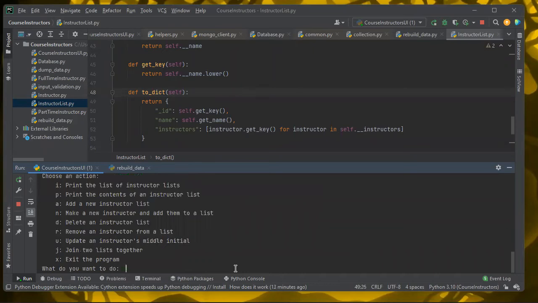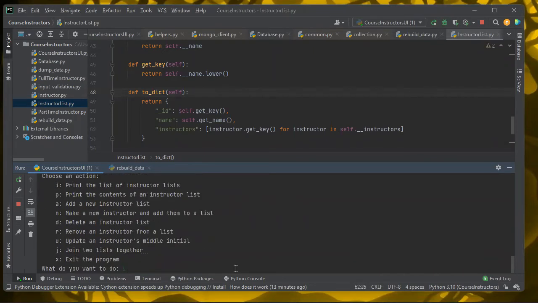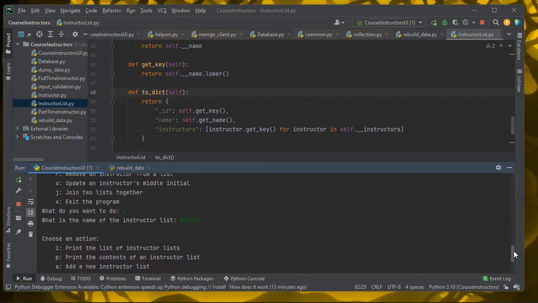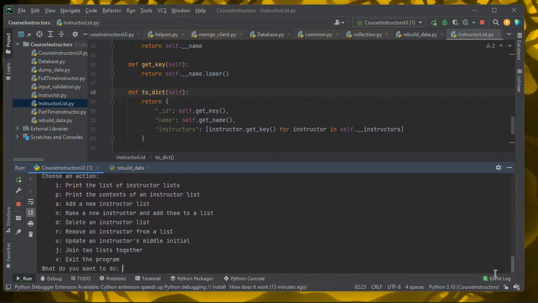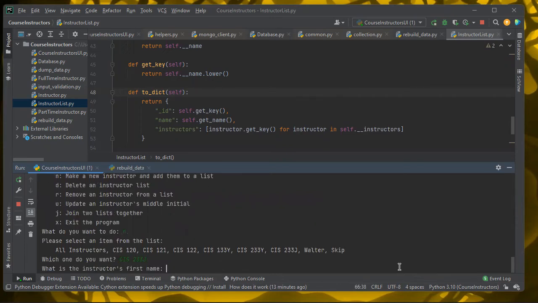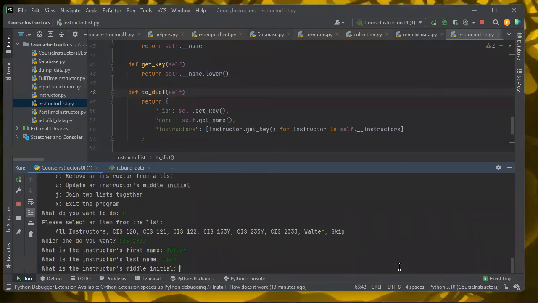And then we'll add Walter. Oops. There was no instructor list named Walter. No, I just added an instructor list called Walter. Okay. New CIS 233J, Walter, Lara,